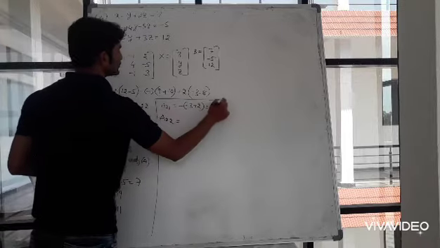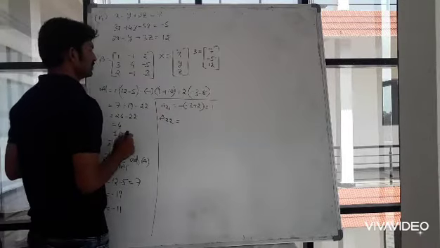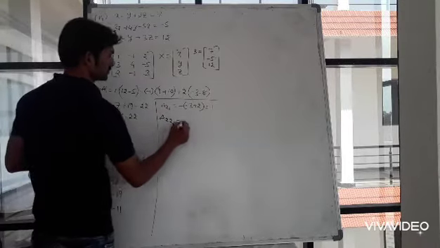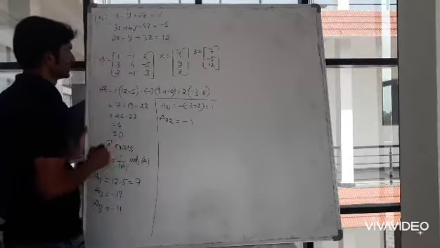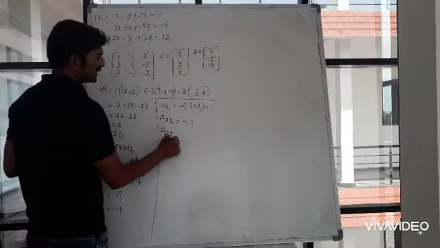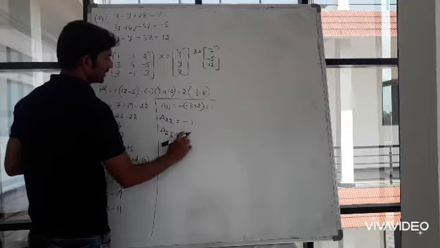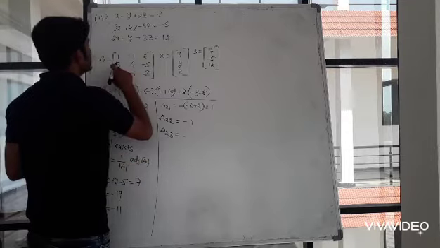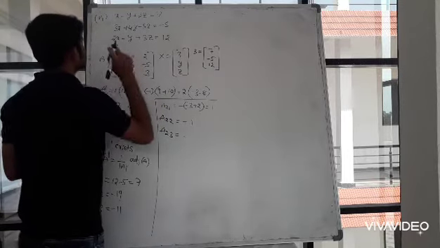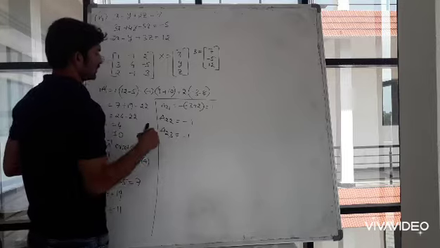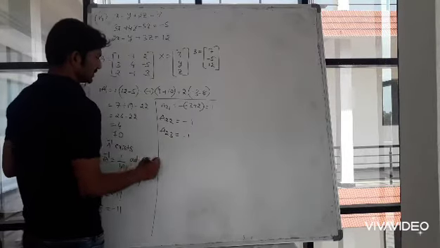A22 is equal to, leave this row and column. 3 minus 4, minus 1. A23, this row, here odd number will come, so minus 1 into bracket, or minus sign into. Leave this row and column. Minus 1 plus 2, plus 1 will come, outside minus sign is there. Then next,